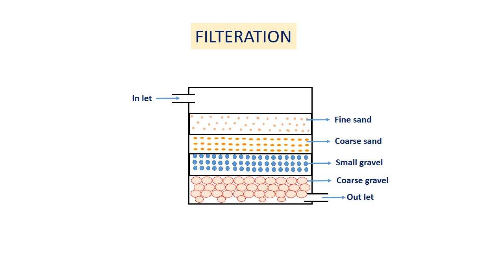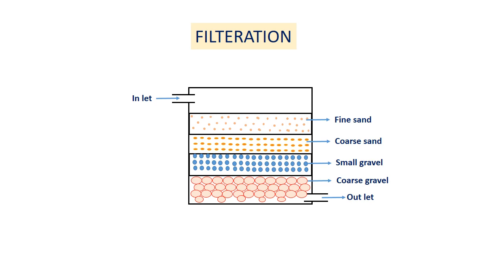Then at the outlet we have dirt-free, float-free, suspended-impurity-free water which is fit for drinking, but it has not been checked for pathogens. Here the fine sand at the initial stage itself removes the impurities, but slagging will take place, that is, blocking of the pores because of the impurities. So periodically we have to remove the sand, wash the top layer of sand, and then reuse it